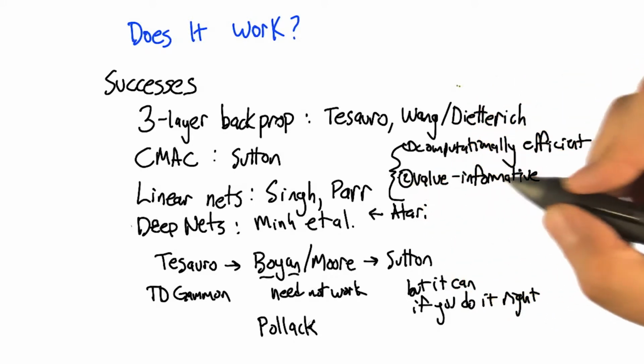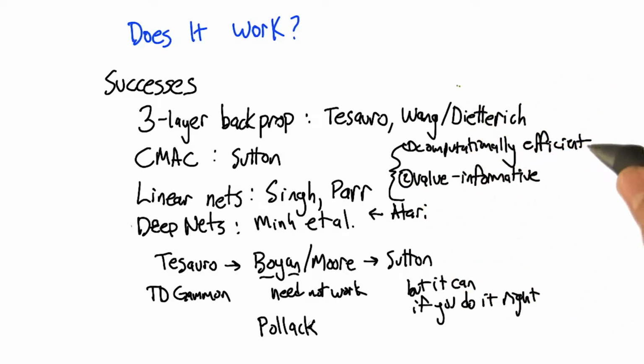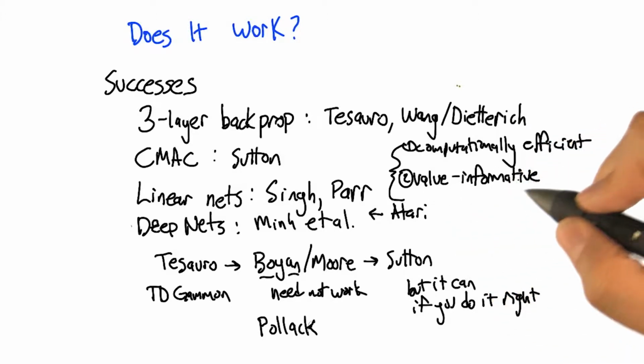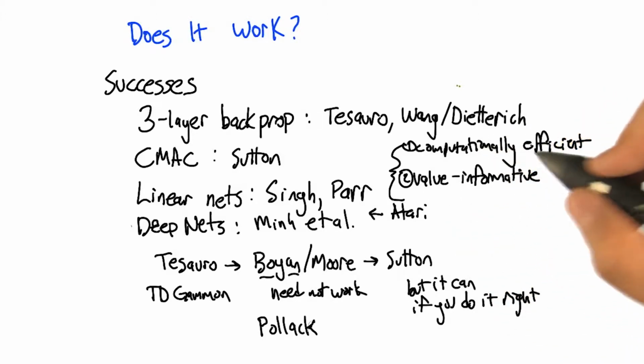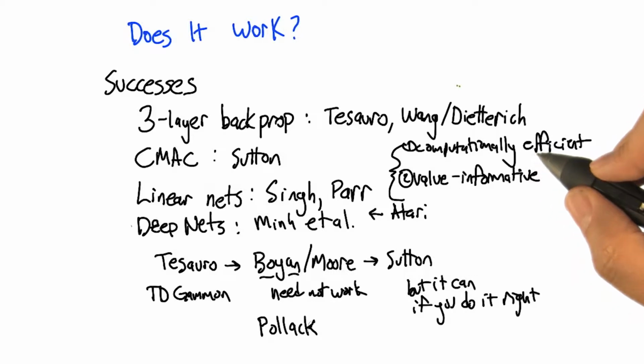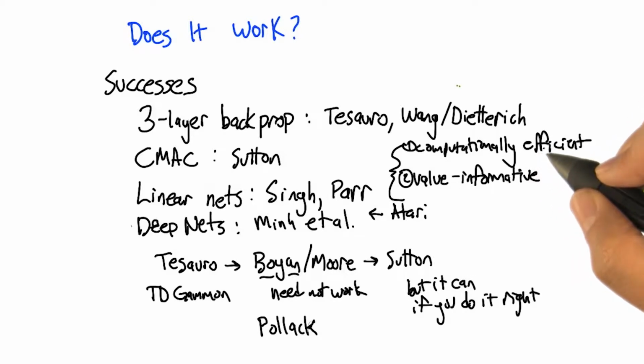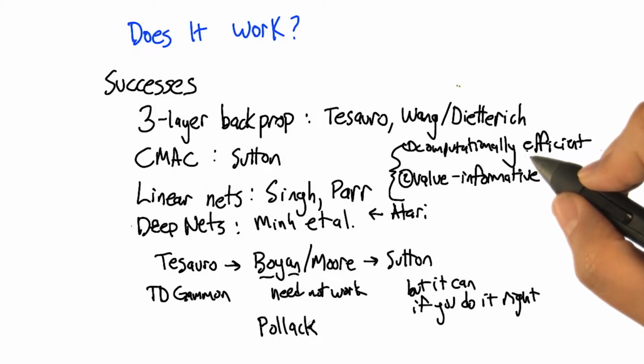The important thing about the features, I'm going to say, is that we find features that are both computationally efficient and value informative. What I mean by computationally efficient: what would be an example of a feature that would be really great, but is not particularly computationally efficient? The one that tells us what the proper action is? Or what the value is actually. Yeah, exactly. So if there was a feature that actually encoded the value function, that would be great. That would be really good for learning. The thing is, we don't know how to get that feature efficiently. If we did, we wouldn't have to learn at all.